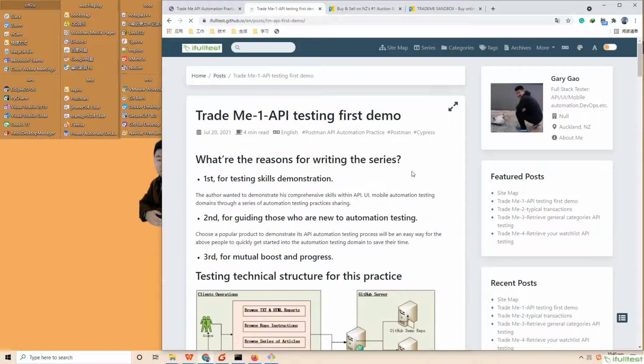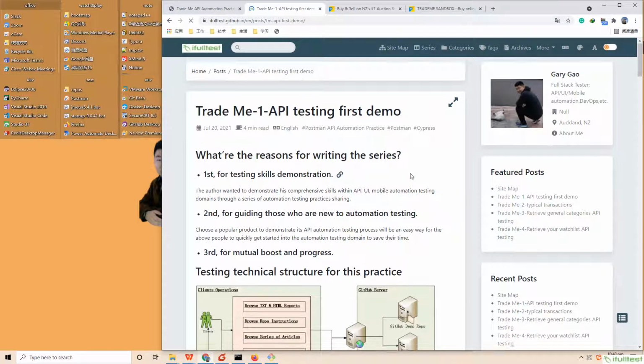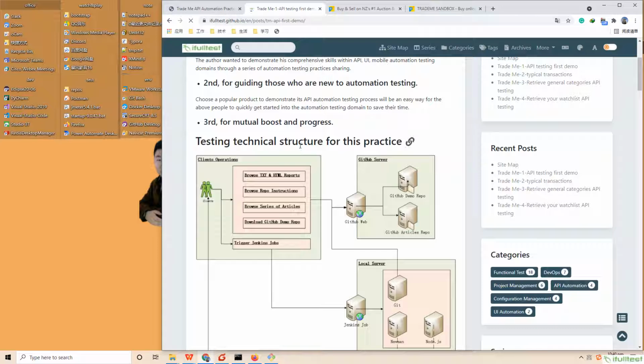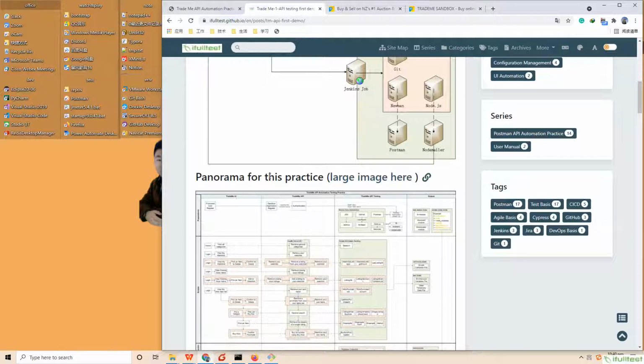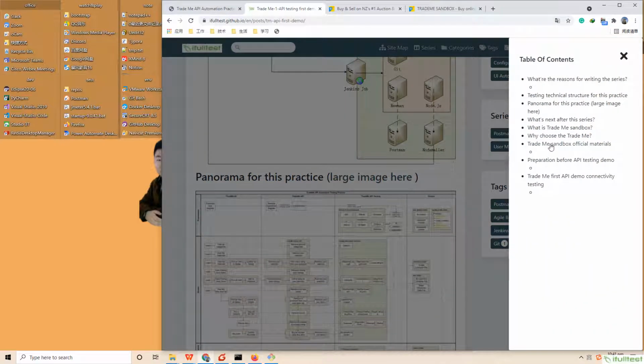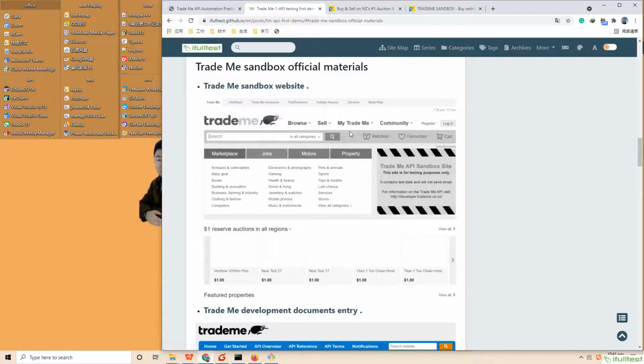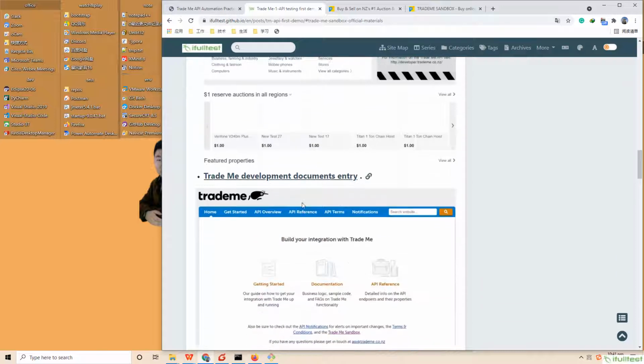In this video, I will first talk about the technical testing structure for this practice. Then, I will briefly introduce the panorama of this practice. After that, let you know the overview of the TreatMe front-end UI and back-end API sets.